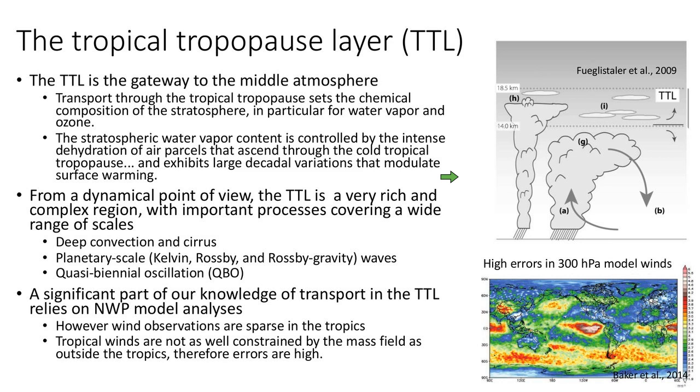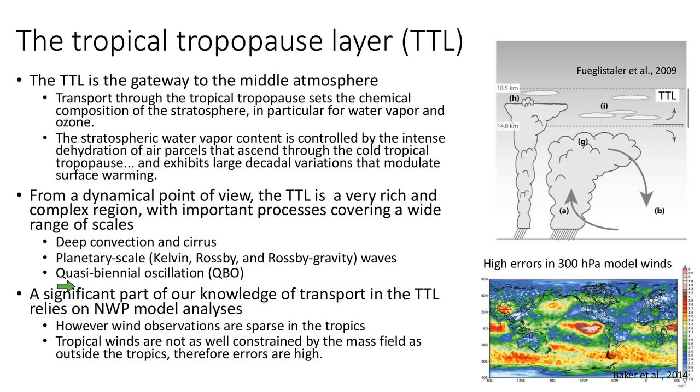From a dynamical point of view, the TTL is very rich in a range of scales of waves and other processes. These are what the focus of the research is on, trying to get more information about deep convection and cirrus cloud formation, planetary scale, and Kelvin, Rossby, and Rossby-gravity waves. And also these waves influence the quasi-biennial oscillation that I showed on the previous slide, which is the direction that the winds are blowing